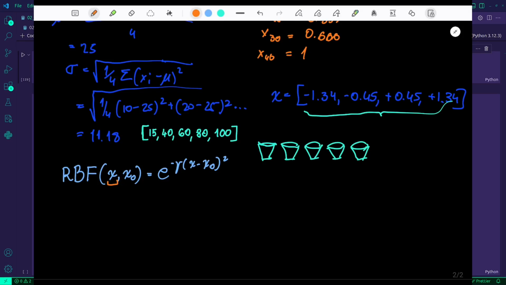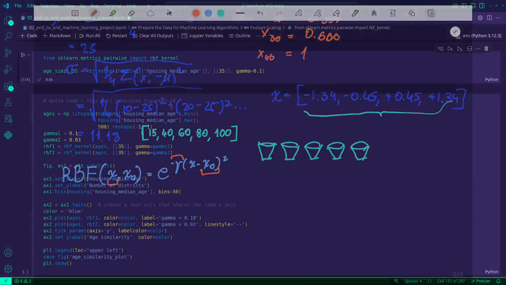X is the input value, x0 is the target value, which we can set customly. Here we put 35, and gamma is how fast similarity drops as distance increases.